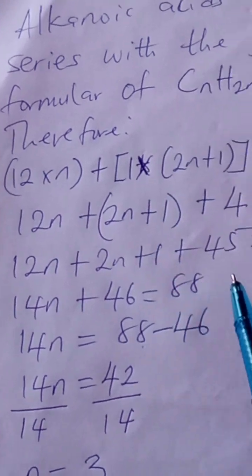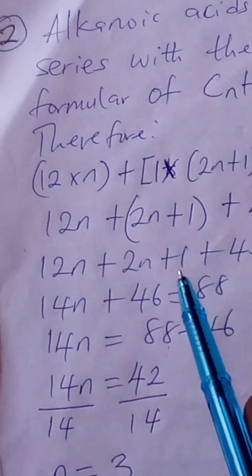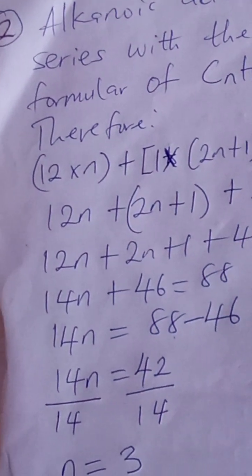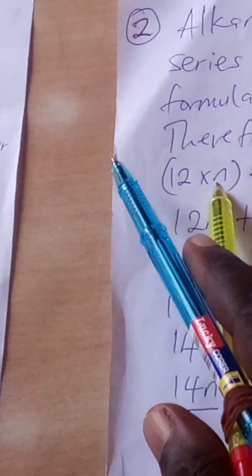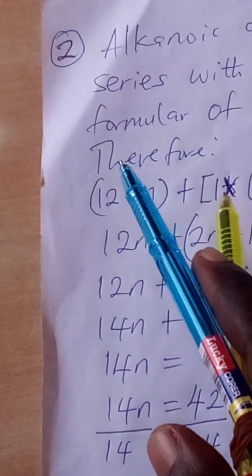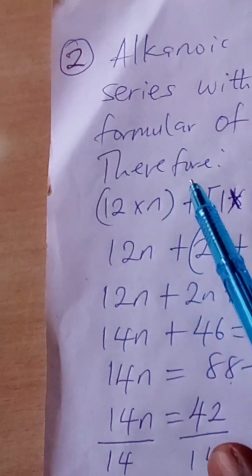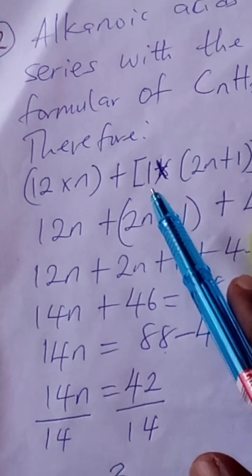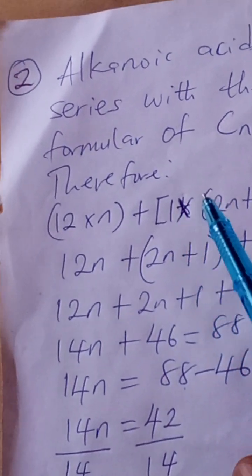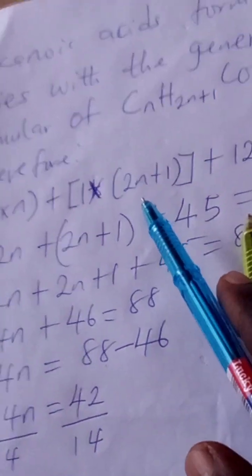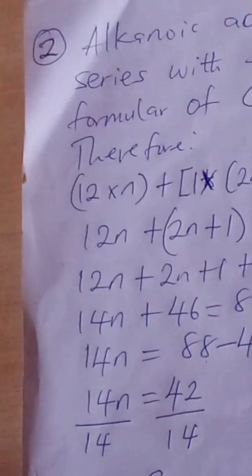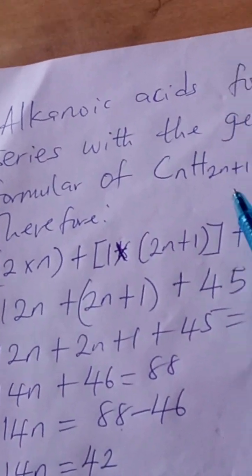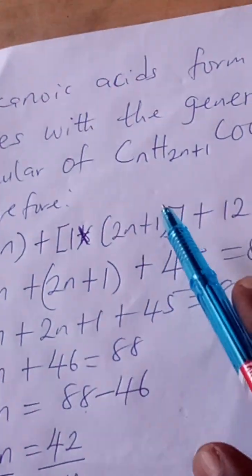So therefore we are going to substitute. You know that the mass number of carbon is 12, then you multiply with the n. Then you open a bracket, and this one represents H, the hydrogen, and the subscript, that's 2n, which is the subscript from the formula here. You know that it was 2n plus 1, so the same 2n plus 1 will come out here, and then plus